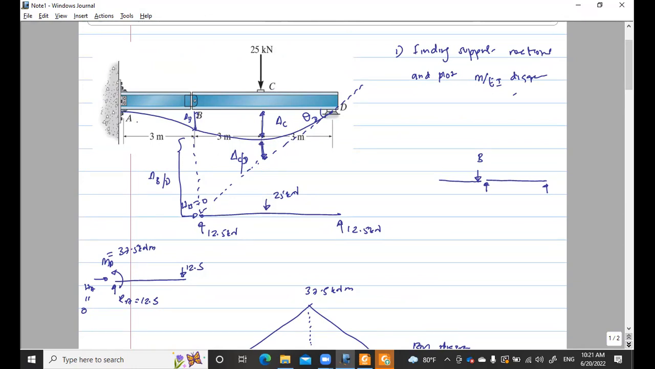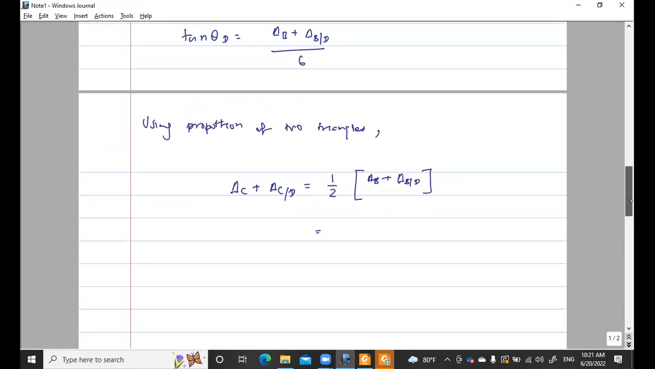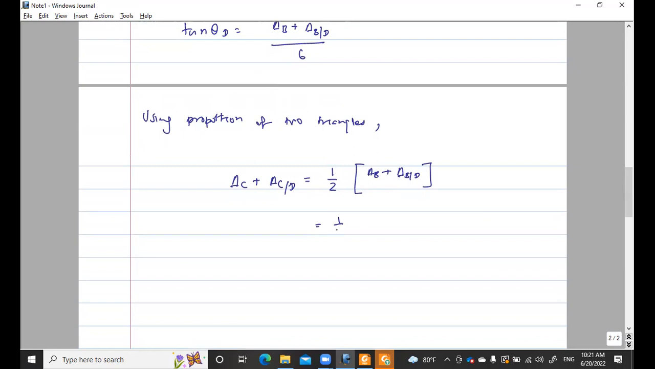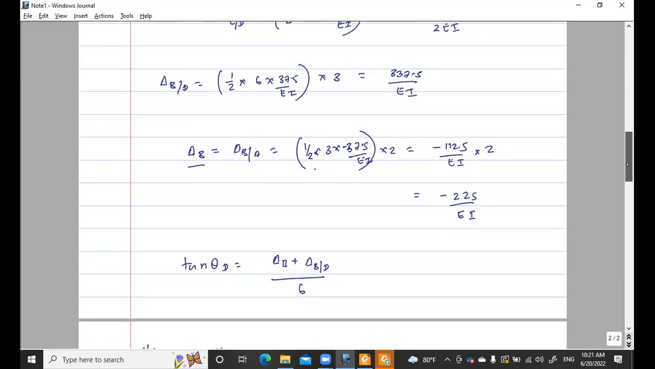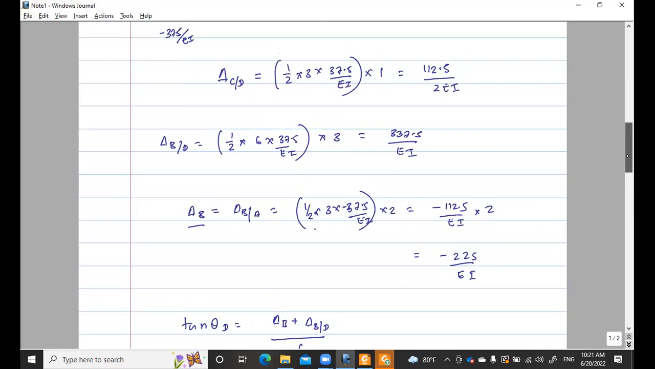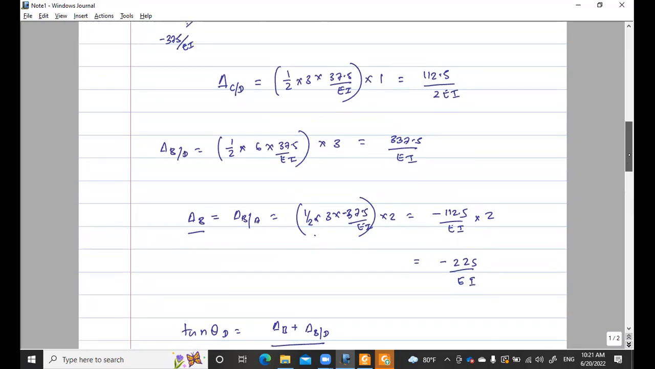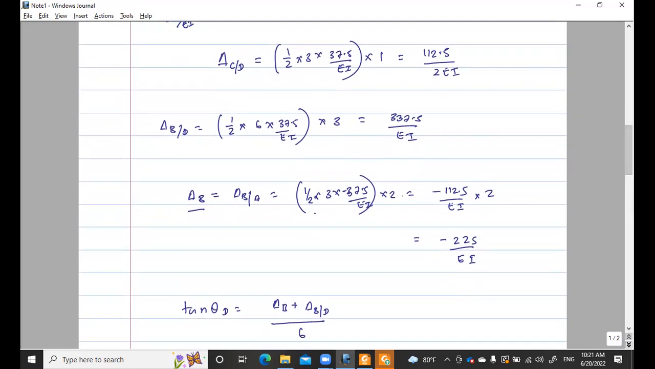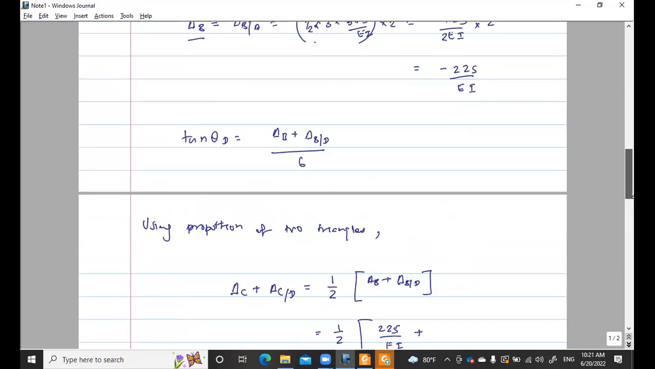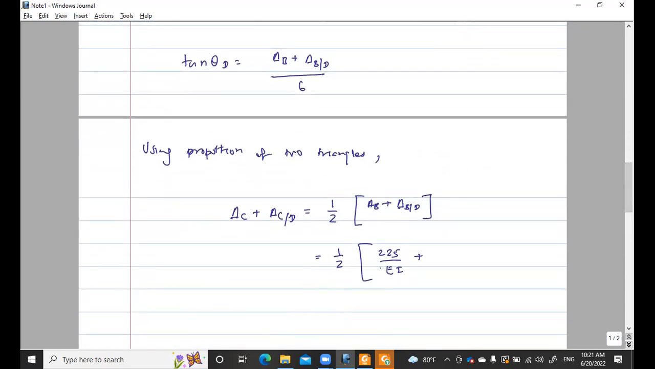So I take the value without the sign, so that this is half of delta B, which is 225 over EI, plus delta BD, which is 337.5 over EI. Actually it should be 2 EI, right? 3 into 37.5 is 2 EI. So 225 over 2 EI